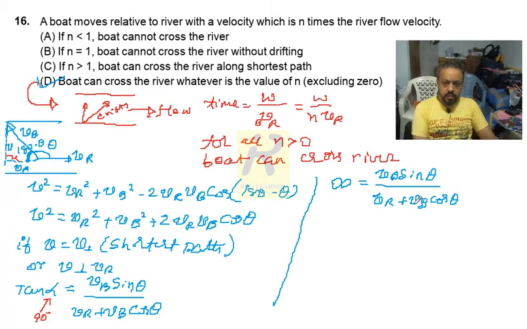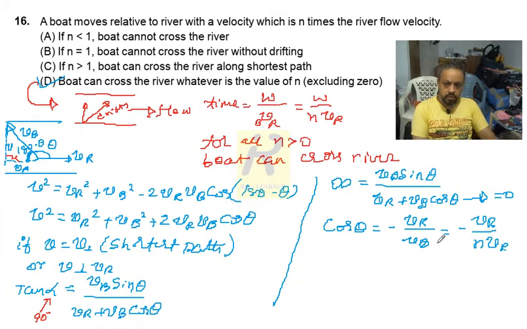That means the lower term, this whole thing, should be equal to 0. That means cos theta is equal to minus vr divided by vb. Otherwise, we can say minus vr divided by n times vr, because it is given that the speed of the boat is n times the speed of the river. So what I can say is cos theta is equal to minus 1 divided by n. So when I use this in this particular formula,